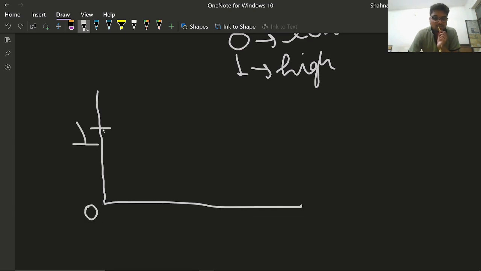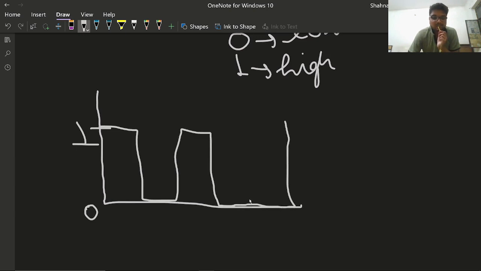So the waveform of it forms like this, like this, like this, if it goes like this. Suppose this is time 0, this is time 1, time 2, time 3 seconds, time 4 seconds. What is this graph representing? It is representing that between time 0 and 1, the voltage was high, the signal was high.